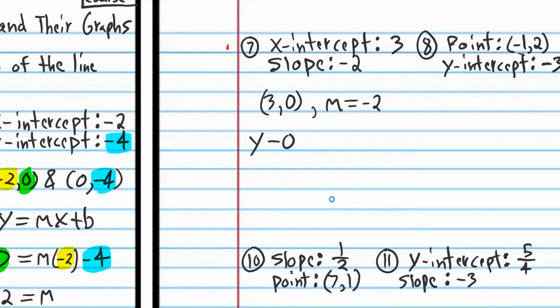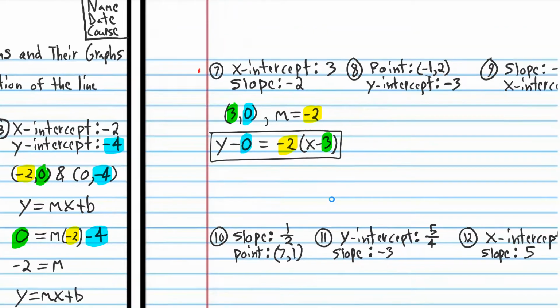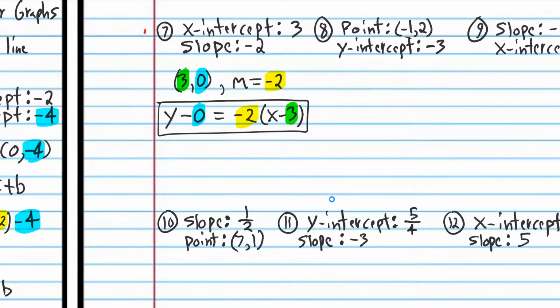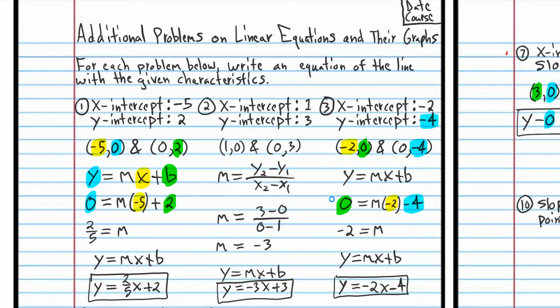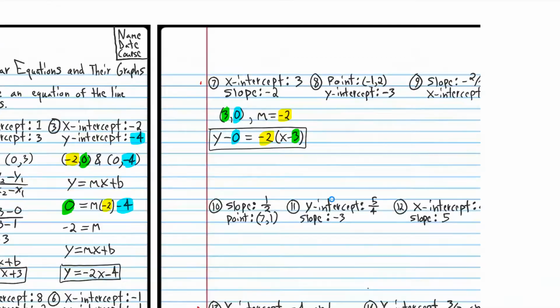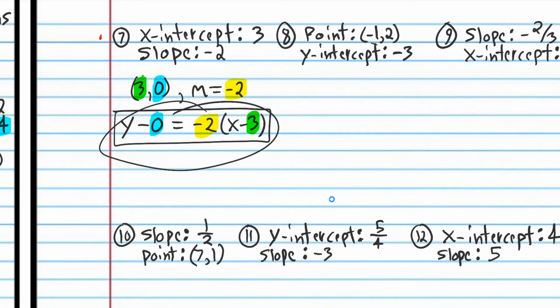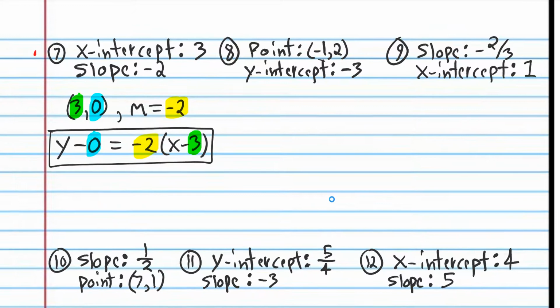So y minus 0 is equal to -2 times x minus 3. And I'll color code that in case you don't know where those numbers are coming from. And there you go. So that just happened to be the easiest way, in my opinion, to write an equation of the line. Again, the instructions don't tell us what form of a linear equation to use. So we can write any form. So if I want to write point-slope form, I can, because that's just the easiest form to choose. Now, number 8,